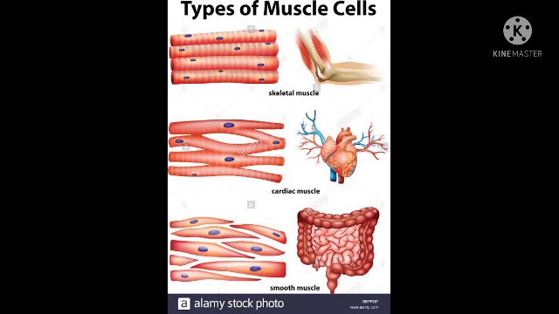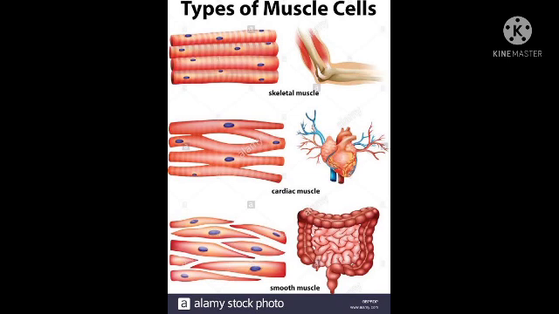These voluntary muscles are attached with our bones. This voluntary muscle or skeletal muscle works under our will. If you want to take some pen or book, this muscle works. It is under our control. So this muscle is named as voluntary muscle. For example, to walk, to jump, when voluntary muscles contract, they move the bones attached to them. This enables us to move the different parts of our body.